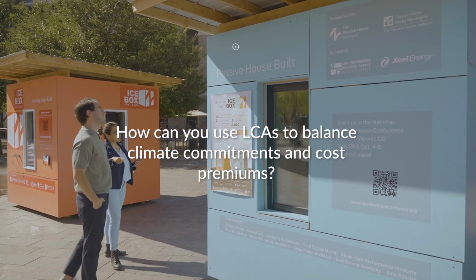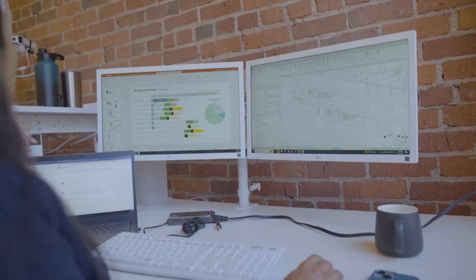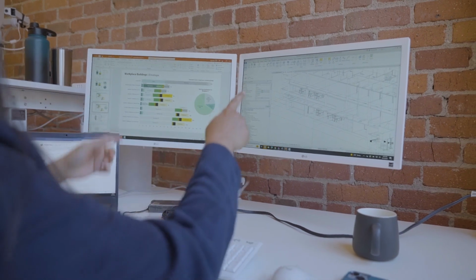Some of the strategies we may recommend, depending on how far along the design process we are, can represent a cost premium. And I think it really comes down to the client weighing how they value that cost premium versus a carbon reduction. That's something we really try to drive in our conversations with the client: you need to be thinking about cost, you need to be thinking about schedule, but you need to be thinking about carbon, and then make your decision with those three pillars of information, not just a cost-driven conversation,